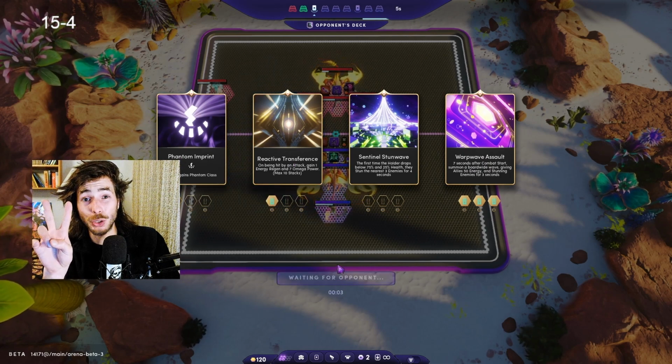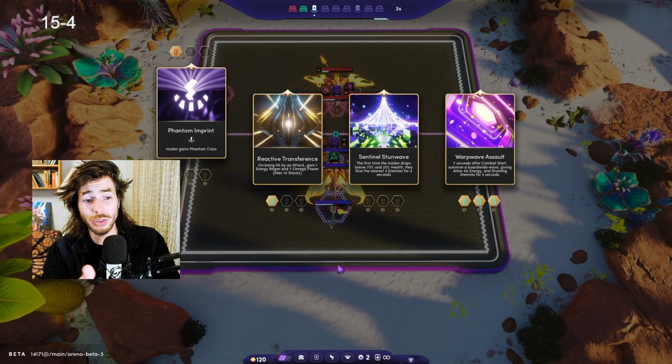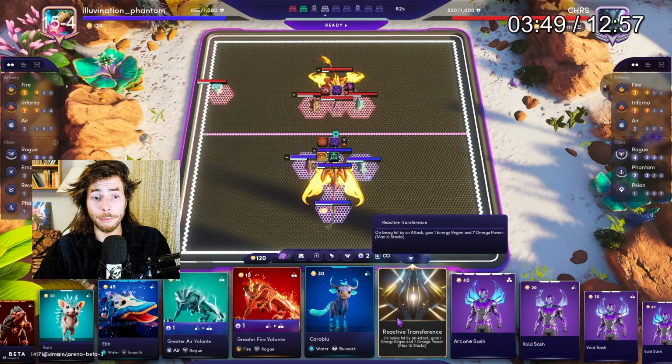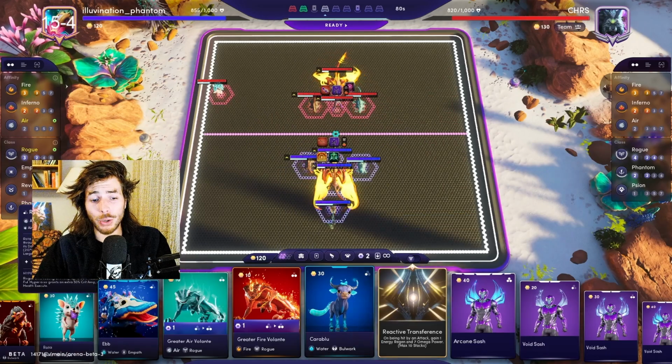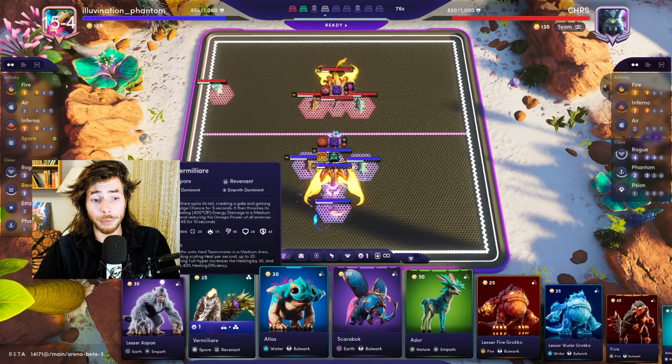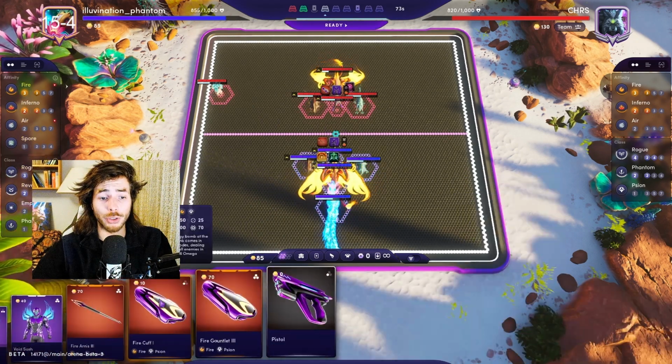But because we already have 2 good augments for the Rhamphyre, we actually don't really need the reactive transference, and we maybe should have gone for Phantom right here just to deny it from our opponent. Doesn't matter, we give it to him, and now we're kind of in a pickle. We don't know where to put the augments on, so we're gonna go for the Vermilia in turn 3,